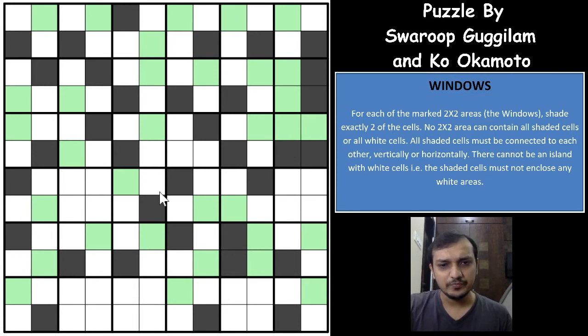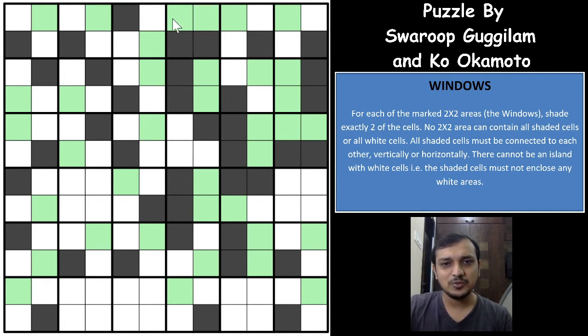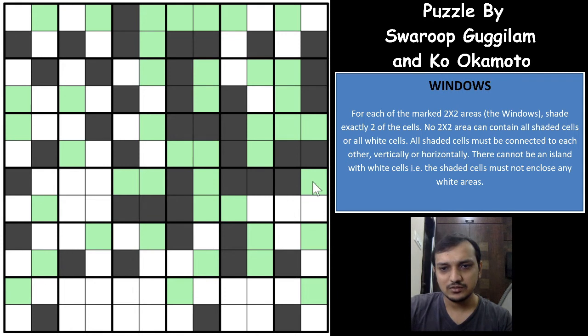So if you see here, you'll form a checkerboard pattern, which means this has to be a black cell, it cannot be white. This becomes black, so which means this becomes shaded, this becomes black, this becomes shaded, unshaded, this becomes black, this becomes white, this becomes black, this becomes black, this becomes white, and this becomes white, black, and black, white, white, white, and this black, right? This is black, this has to be white, which means this has to be black, this has to be white, this has to be white.